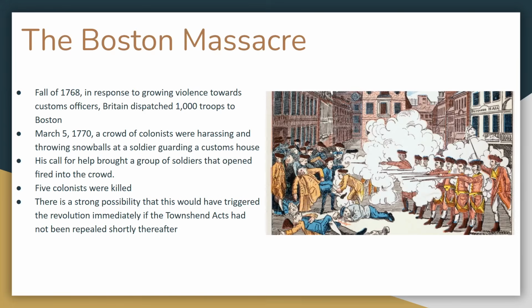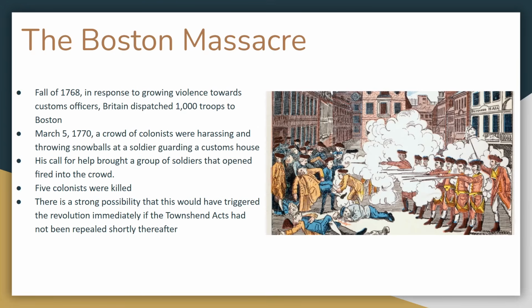The Boston Massacre. So now we're a couple years later. It's fall once again, and people are really fed up with the Townshend Acts. People like the Sons of Liberty, but also people who aren't even aligned with the Sons of Liberty and Sam Adams, are getting violent towards customs officers. They're very upset. People are, quite frankly, their livelihoods are being ruined by these taxes, and they feel like their rights are being stripped away. It's a very upheaved time.